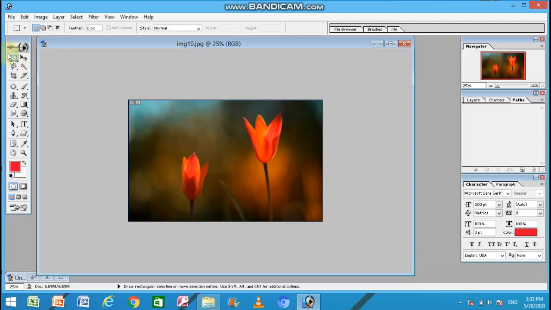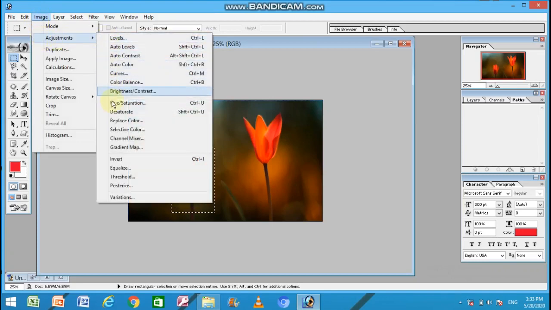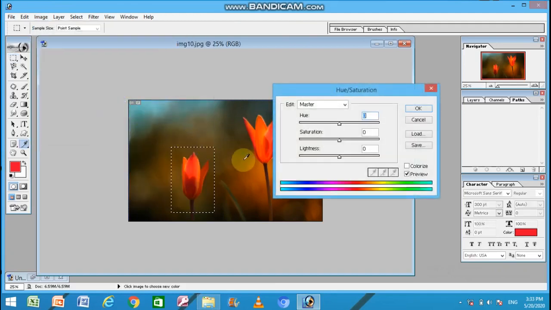To do that, first of all, select any particular part of the image, then go to the image menu, the adjustment options, and select hue saturation from there. You will get all the settings in the hue saturation dialog box: the settings of hue, that means color, the saturation and the lightness.